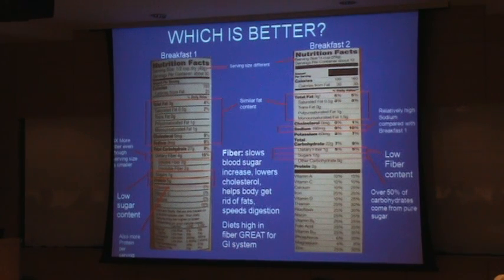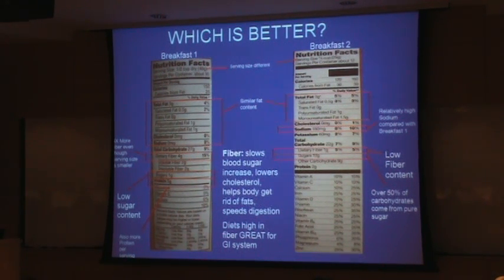Another thing on the carbohydrate profile, you look here, you got 27 grams, and then you look below, and only 1 of those grams is sugar. So that's a good thing, because you know sugar is bad for you, right? And if you look at this one, you got 22 grams